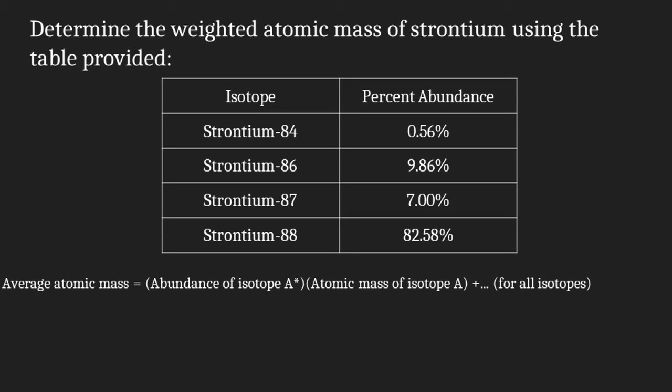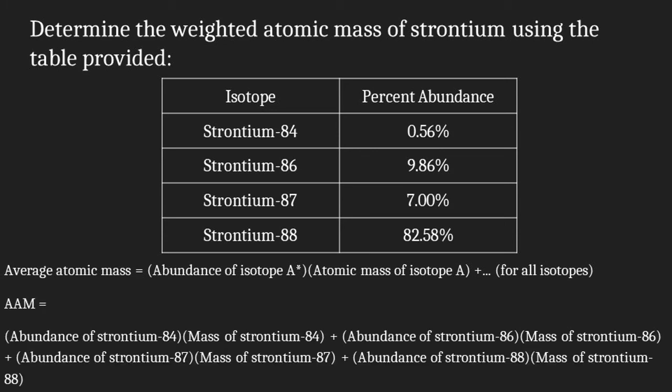So in this case, the average or weighted atomic mass is equal to the abundance of strontium-84 times the mass of strontium-84, plus the abundance of strontium-86 times the mass of strontium-86, plus the abundance of strontium-87 multiplied by the mass of strontium-87, finally plus the abundance of strontium-88 multiplied by the mass of strontium-88. Plugging into this formula, we get